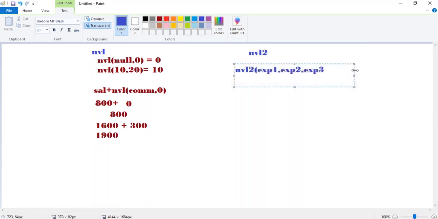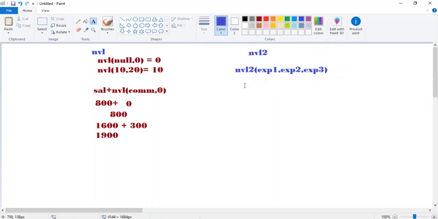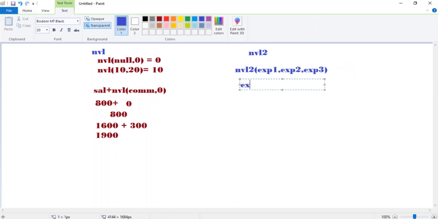If expression 1 is null, then it will return expression 3. If expression 1 is not null, then it will return expression 2 only.